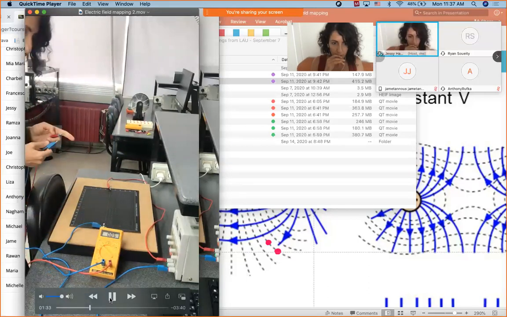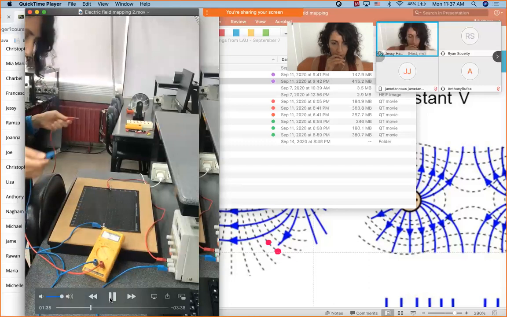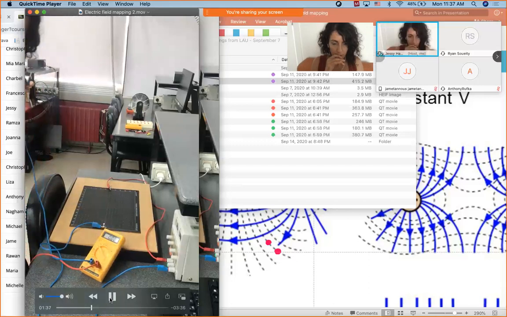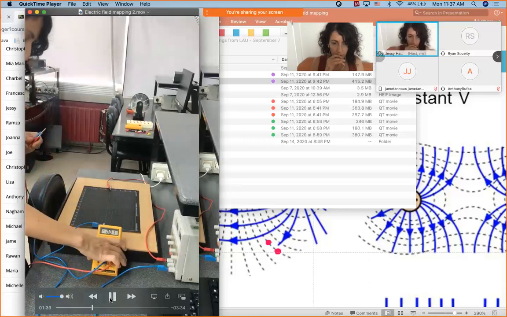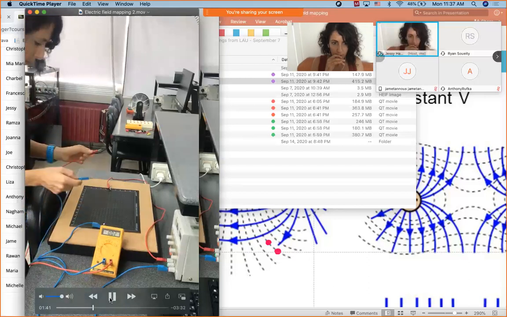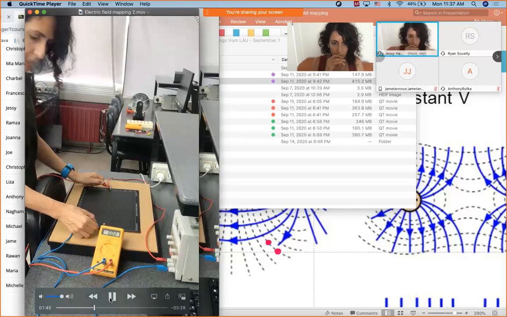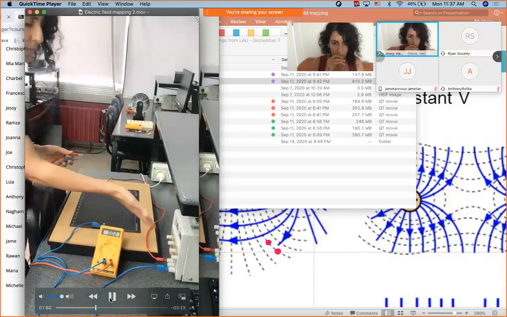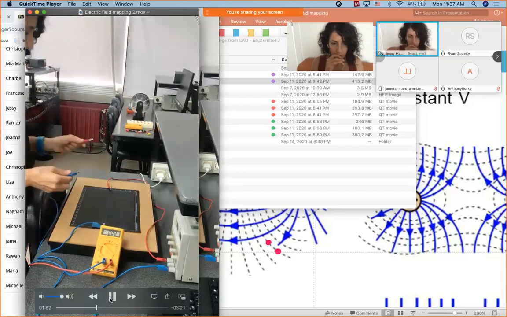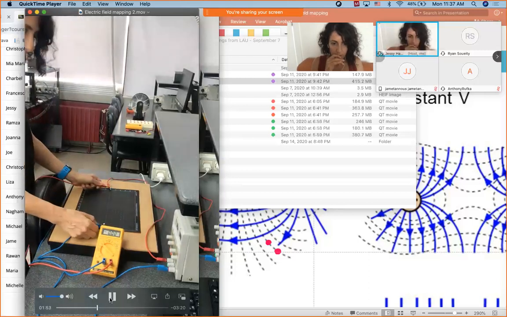Okay, and I'm gonna be measuring the voltage, or the potential difference, across my paper. If I measure the potential difference across the pins, I should get something very close to 20, and I'm not because my power supply is off. I will put my power supply on, and I can see a measurement very close to 19.9 volts, which makes sense because these are the terminals of my power supply.